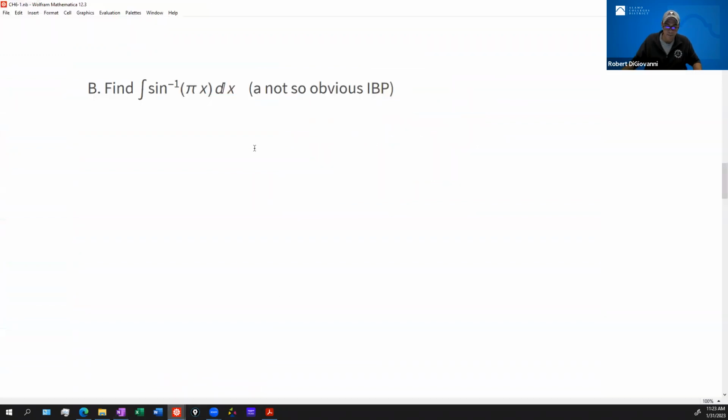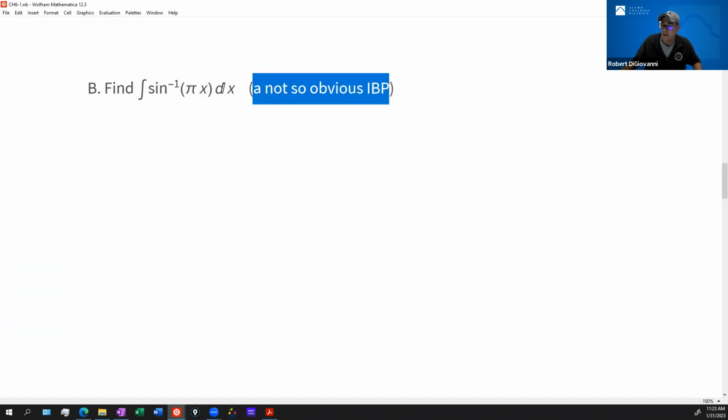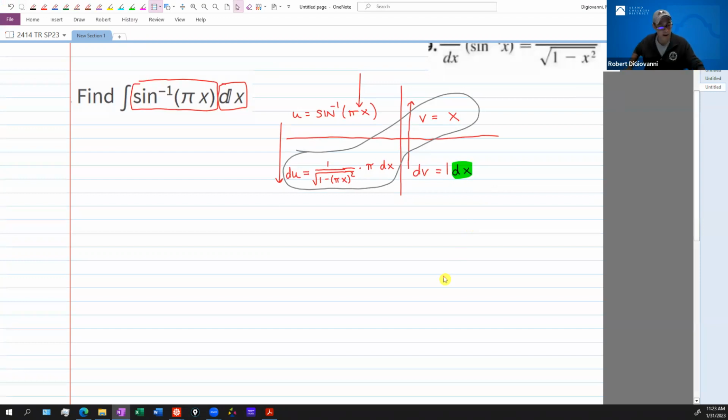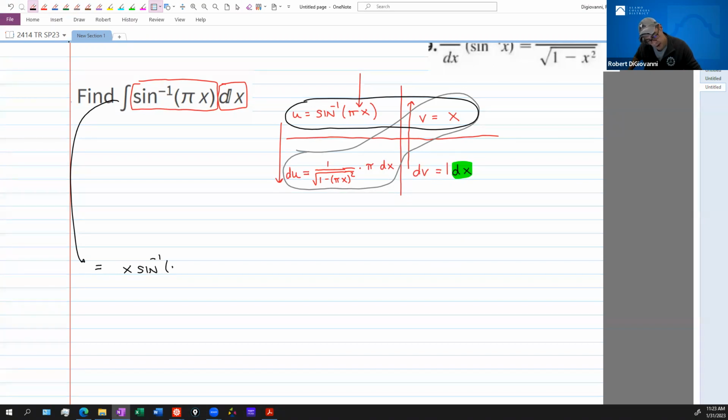That's why I'm calling this one a not so obvious integration by parts. It doesn't seem like we're really achieving anything here, but let's see what happens. So this becomes equal to, all right, ultraviolet, we're going to multiply those two together first. So I'm going to write that as x inverse sine of pi x minus the integral, all right, voodoo. So v is x, there's my voo, and then now my du is 1 over the square root of 1 minus,